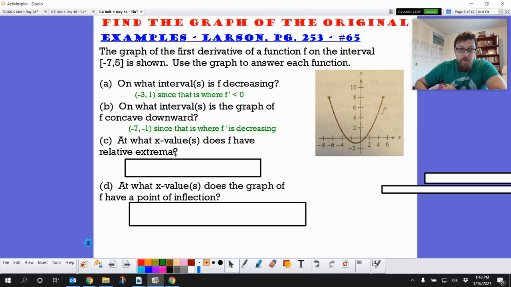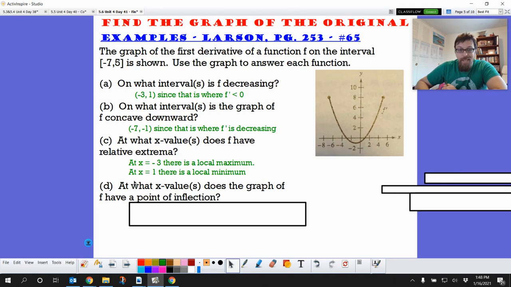And at what x values does f have a relative extrema? So relative extrema are going to be where the derivative is equal to 0. So we have critical points here and here. So that's at negative 3 and 1. We aren't able to determine the exact coordinates of those points. So we just say, hey, at x equaling negative 3, we should have a local maximum. And at x equaling 1, there should be a local minimum. And we can tell that because our derivative is going from positive to negative. That creates a maximum. And we're going from negative to positive. That creates a minimum,